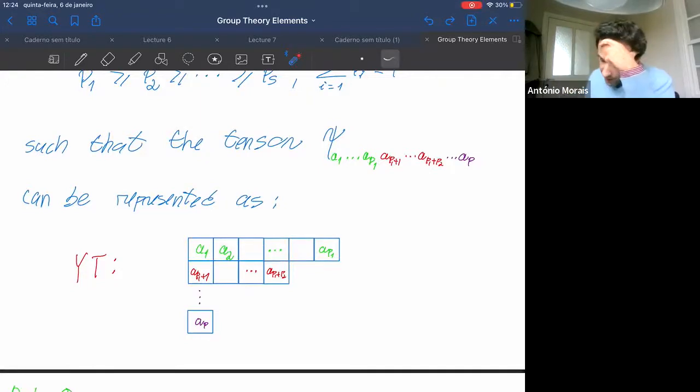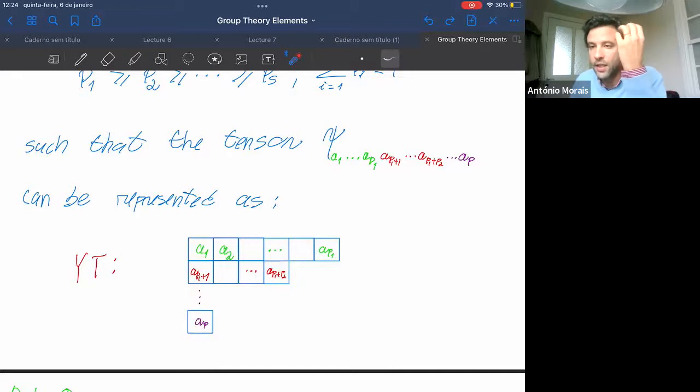But what is happening here is that in each row, the indices are symmetric. So any permutation of green indices is a symmetric permutation. Any permutation of red indices is a symmetric permutation. Any permutation of would-be purple indices is a symmetric permutation. But on the columns